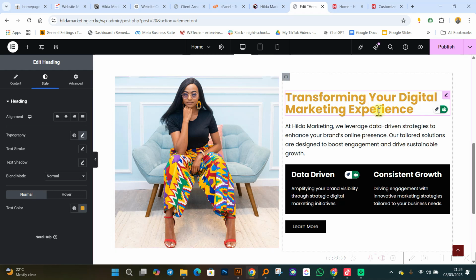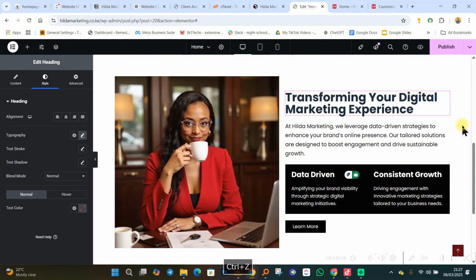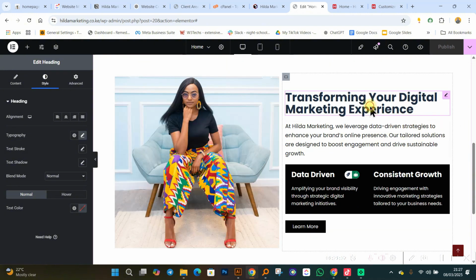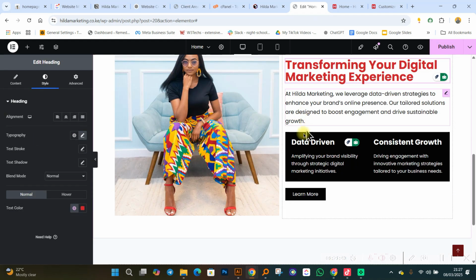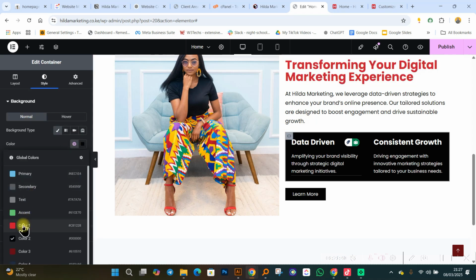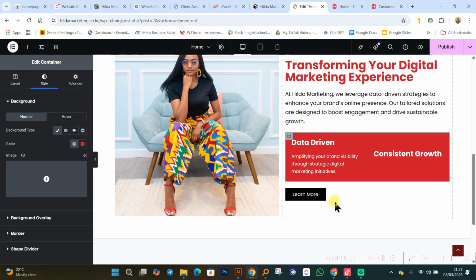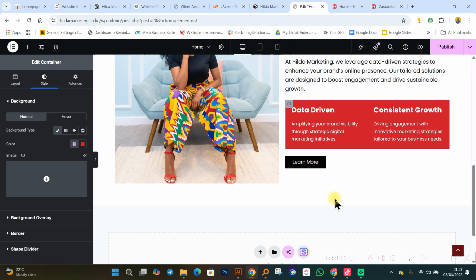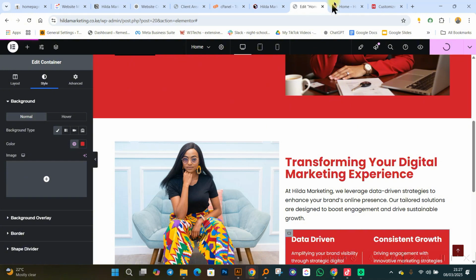Are we still together? I mean, these are things that I'm not saying it's wrong for you to learn how to code. It's not really wrong for you to just learn how to code. But at the end of the day, you can also look for ways to actually get to save on time, save on, it depends on your preference anyway. So let me change a number of these backgrounds over here. Let me change it to that particular color. Yeah, so that's it. So let me just click on publish and then I come back over here.